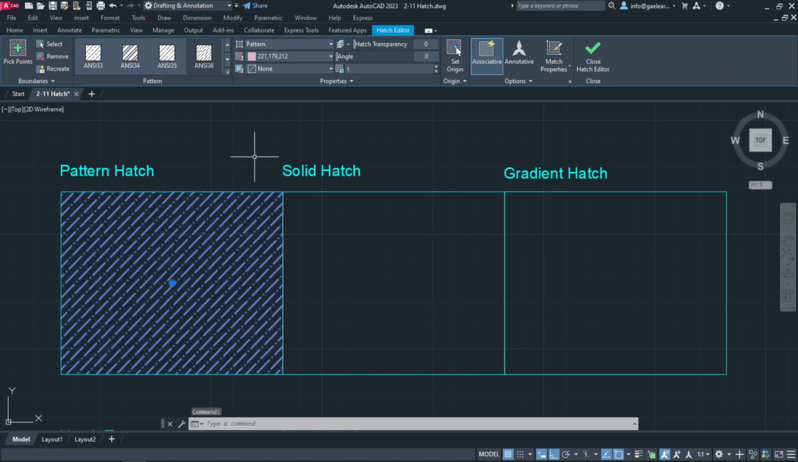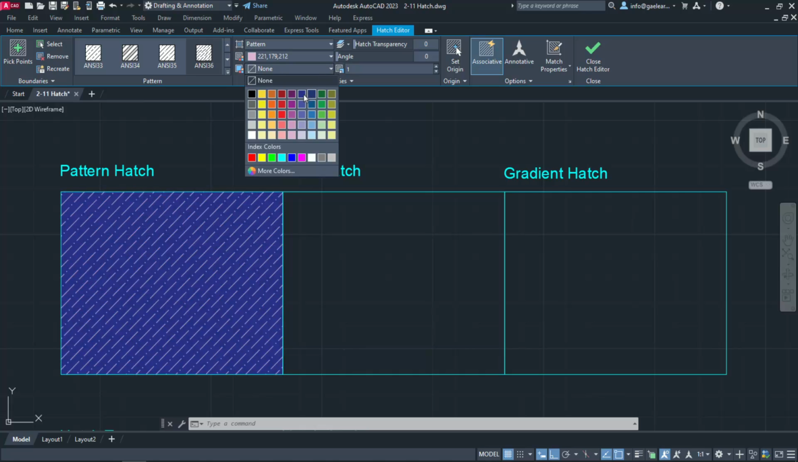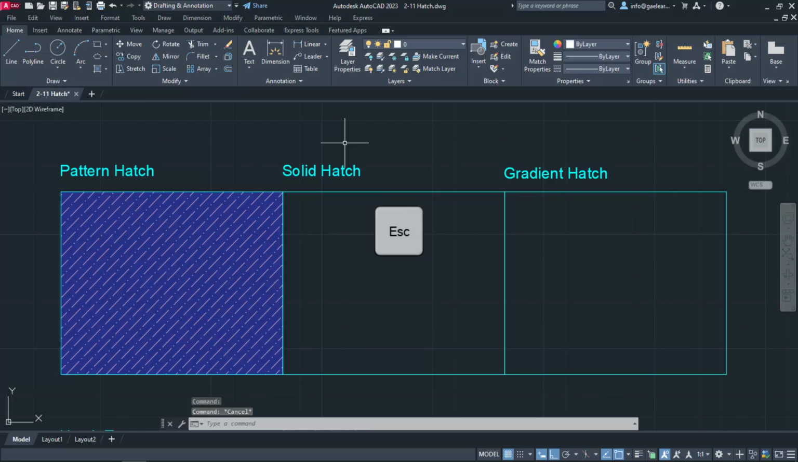Now, if I want to further modify this hatch, all I have to do is click on it and the contextual ribbon appears again. I can change the pattern or the color again if I wish, but in this example I will show you how to add a background color instead. So I will go to the Properties panel again, and from the third drop-down menu I will select a blue color for the background. I will press Escape to see the result, and once I'm satisfied with it,